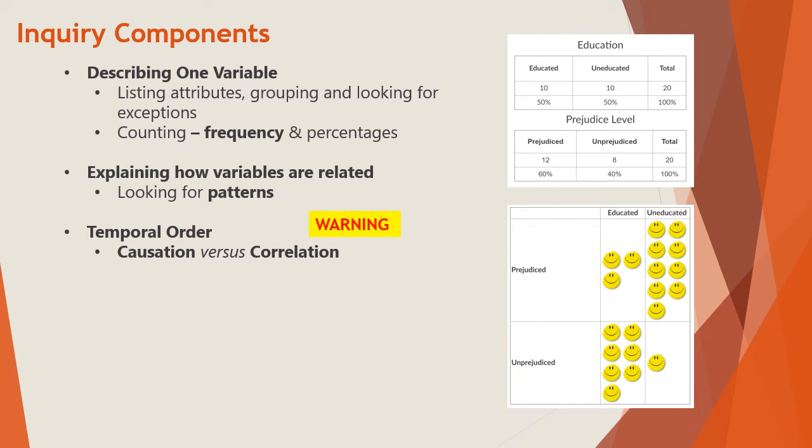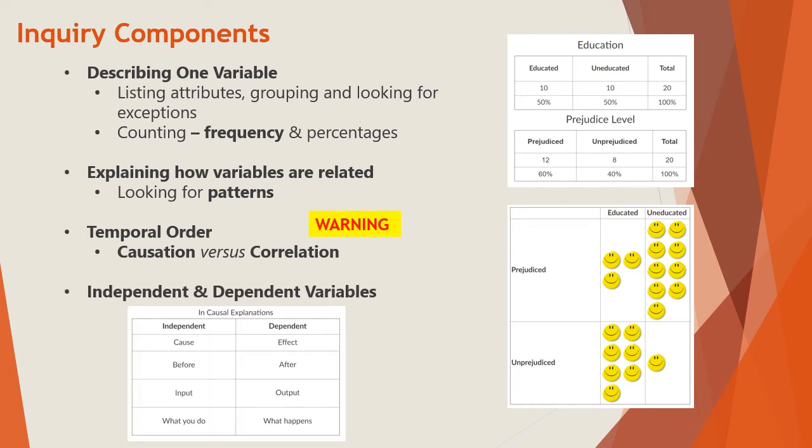Correlation just means that we often see two things together, but we don't know how they're related quite yet. Causation means one thing starts the other. And so we're also going to look at, in this reading, there's about independent and dependent variables. And specifically in a causal relationship, the independent one is what causes the dependent one. So the dependent one is dependent upon the independent one to make it happen. And so there's some great words here that are in that reading as well.